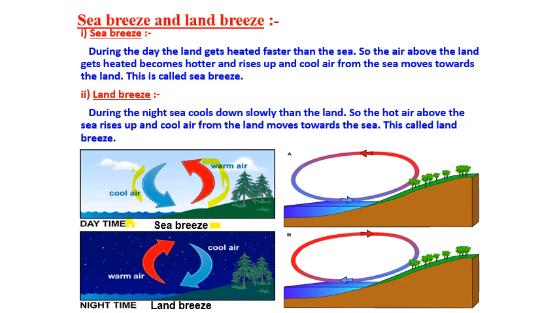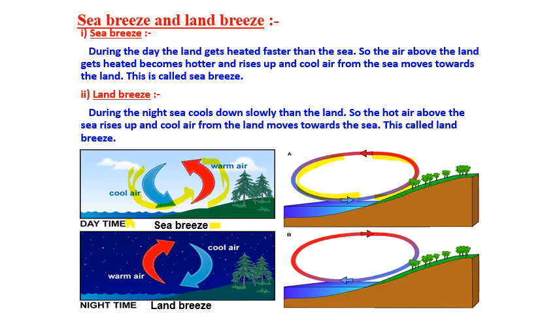Cooler air is coming from the sea. You can see this process here. From the land, the hot air, the warm air is rising up, and from the sea, the cooler air is rushing to take its place. But in the night time,